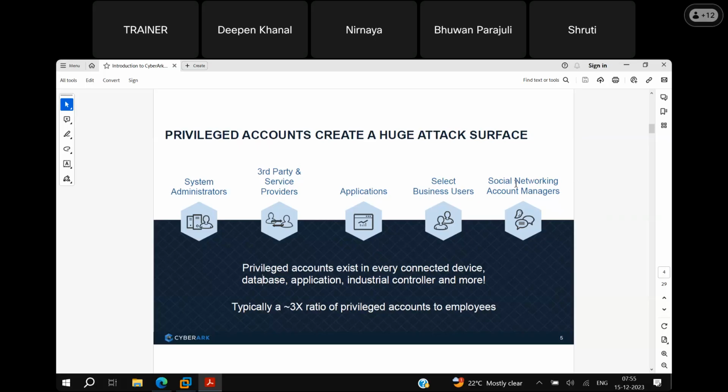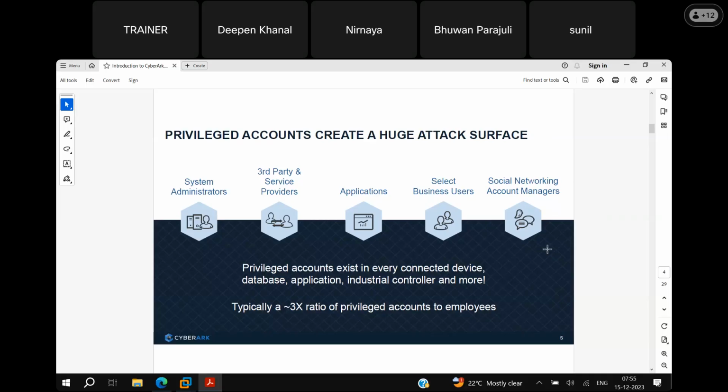Social networking, we are all familiar with. Can someone give me examples of social networking account managers? Instagram, okay. Facebook, TikTok, right. In order to access all these social networking sites or account managers, we need a username and password.